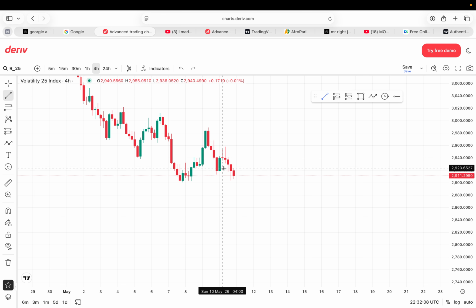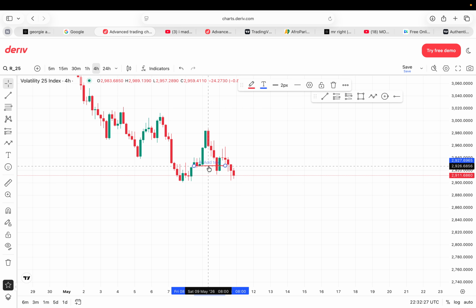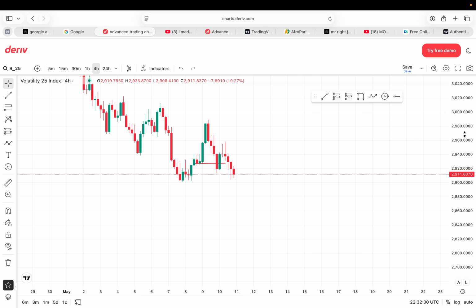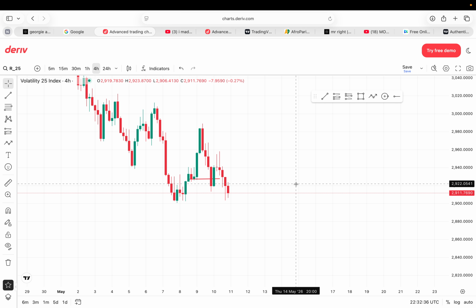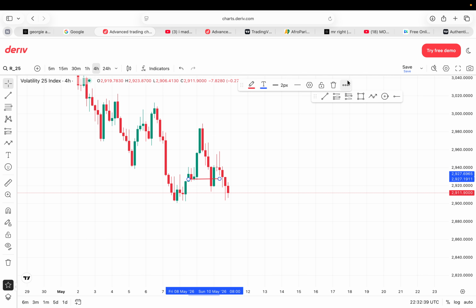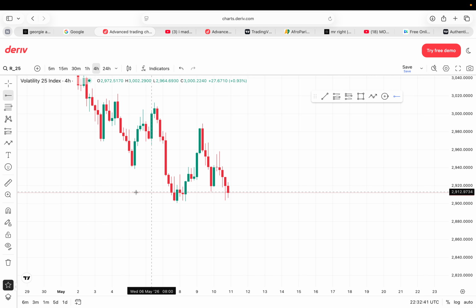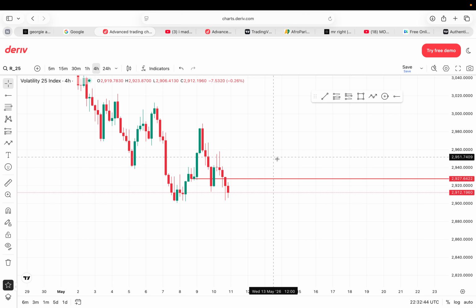Today, this was the trade I took today. I'm trying to get this line. You probably might not see it that clearly, so let me go ahead and put a bigger line. On the 4 hour time frame, I might not see it, but we'll drop down to the lower time frame so I see clearly. And my take profit was around here.